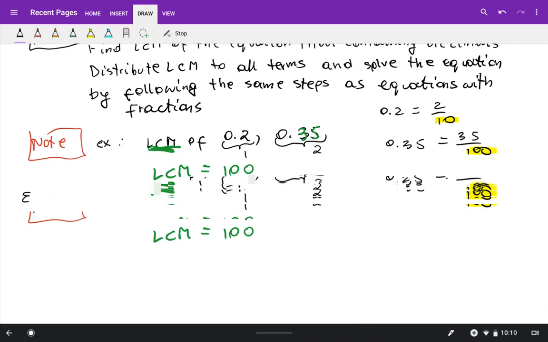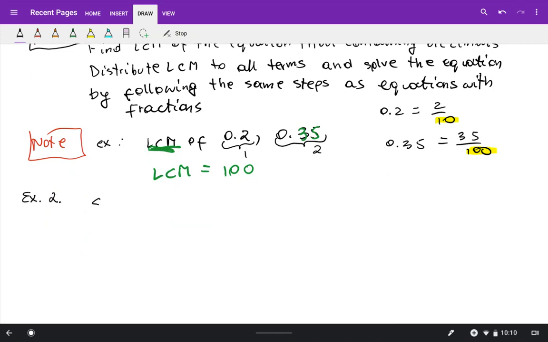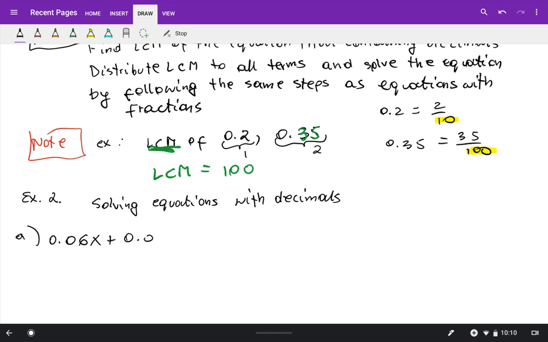So example 2, solving equations with decimals. Okay, let's do the first one. 0.06x plus 0.02 equals 0.25